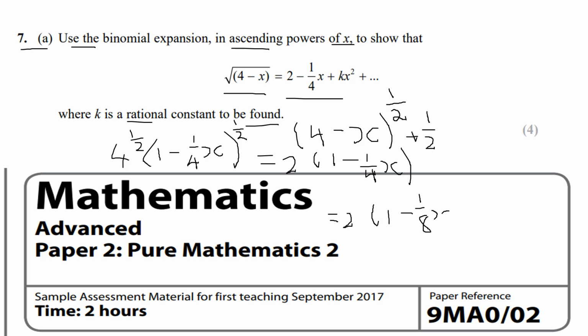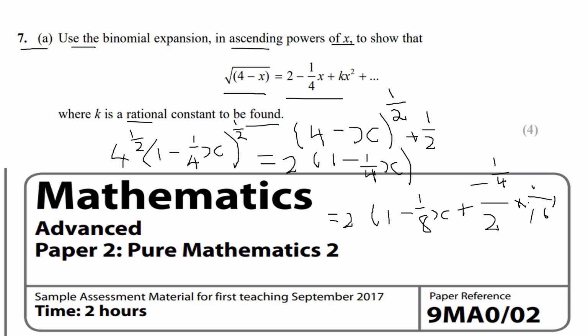And then what's next? We're going to have plus a half, brackets a half minus 1, so that'd be a half times minus a half, so that'd be minus a quarter on the top over 2 factorial. 2 factorial just means 2 times 1, so it's minus a quarter over 2 times by minus a quarter x squared, so that'd be times by 1/16 x squared,